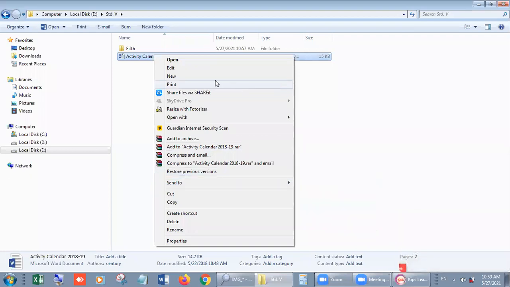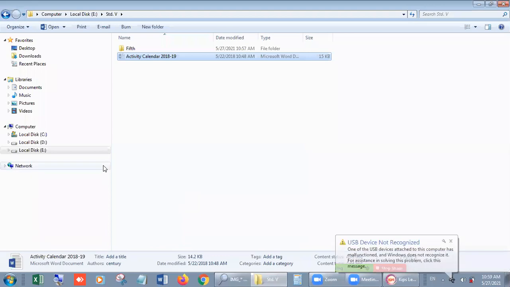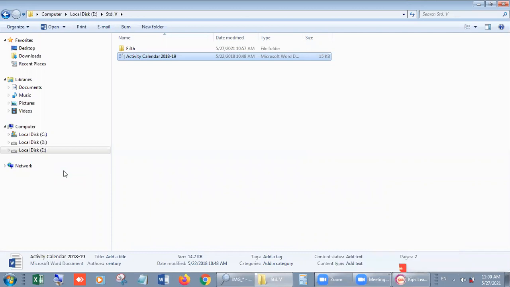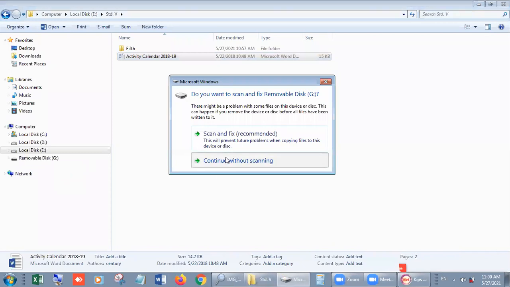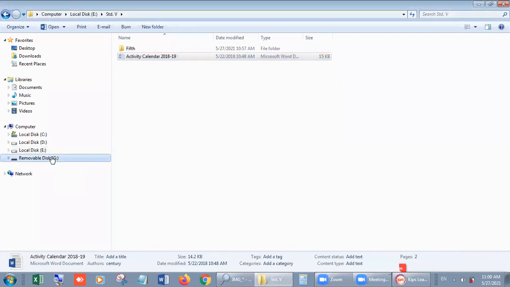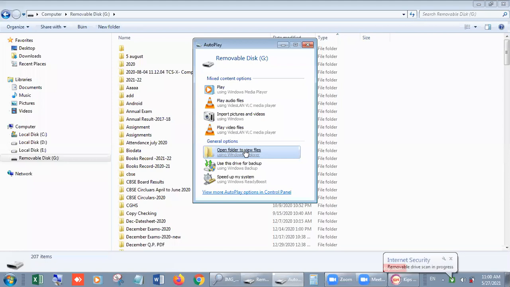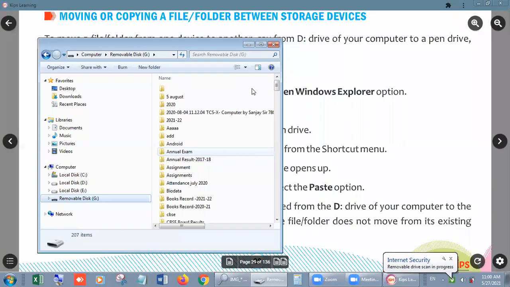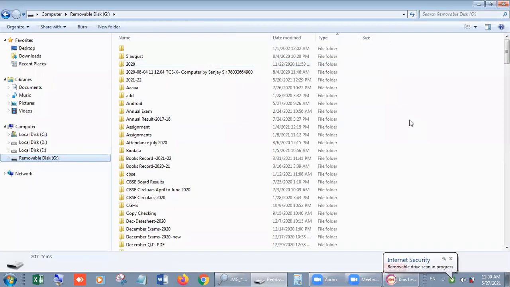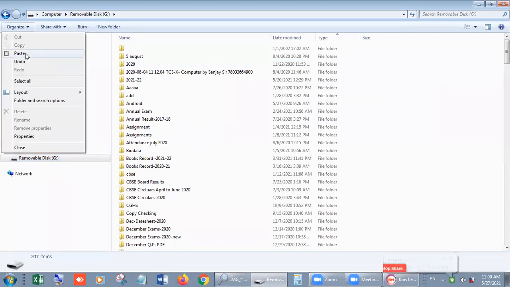But if you want to move it permanently, then cut, again cut, and go to the pen drive, removable disk, and paste it here. Organize and paste.